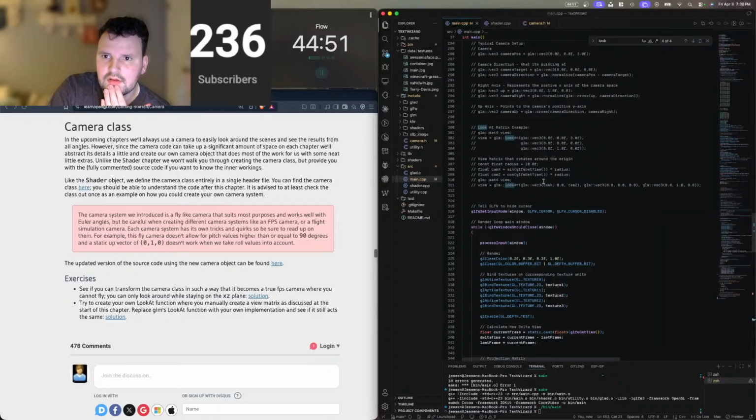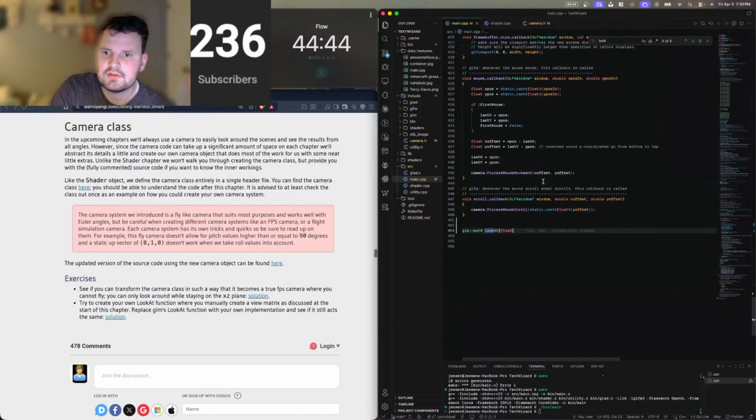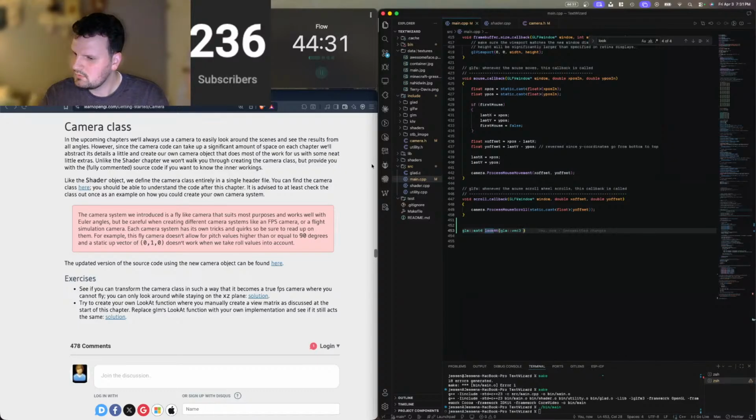Actually it's going to take 3 vec3s. And that first vec3 is going to be rotation, translation. Okay, so right vector, up vector, and direction vector, and then